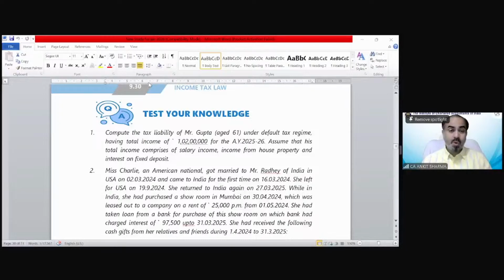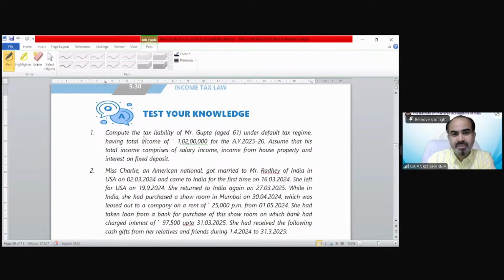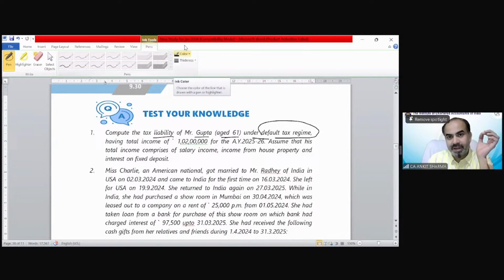Chalo. So question number one is: compute the tax liability of Mr. Gupta, age 61 years, under default tax regime. To solve any question in which you have to calculate the tax liability or the total income, it is very important to find out by which regime you have to go for it. So please mark in your question, even in the examination, which kind of regime we need to follow. Let me tell you one thing